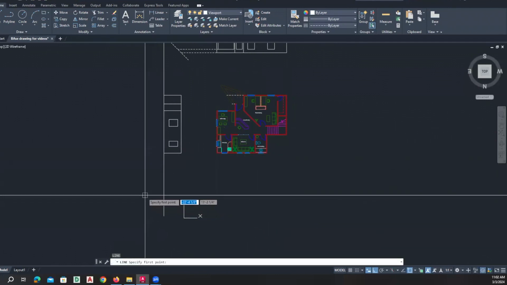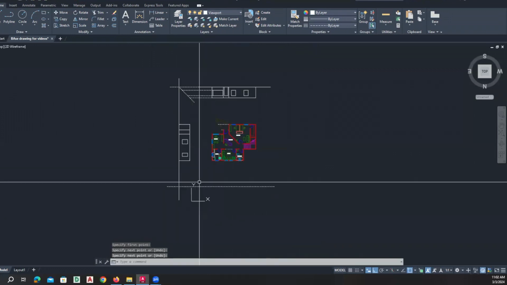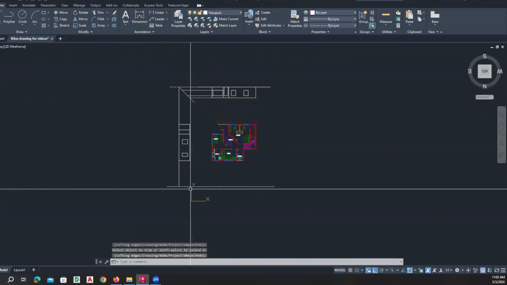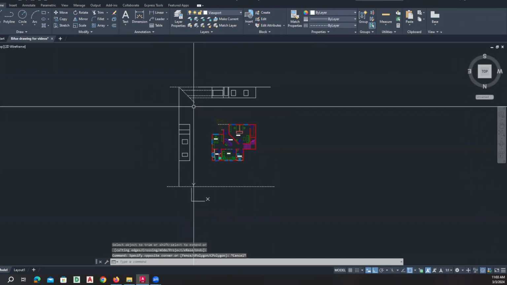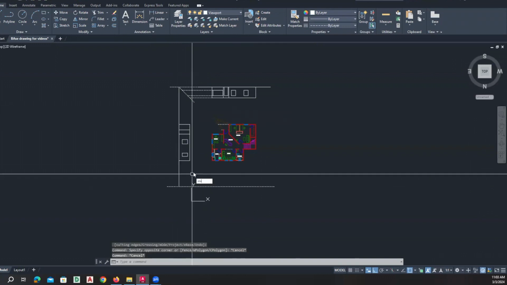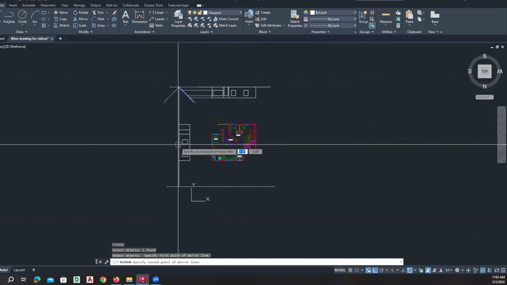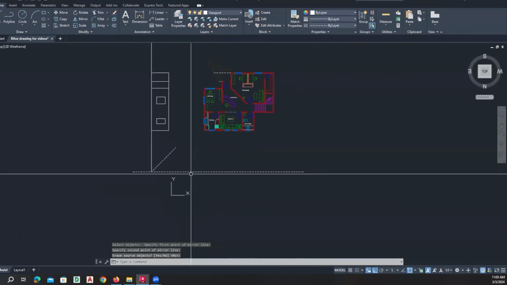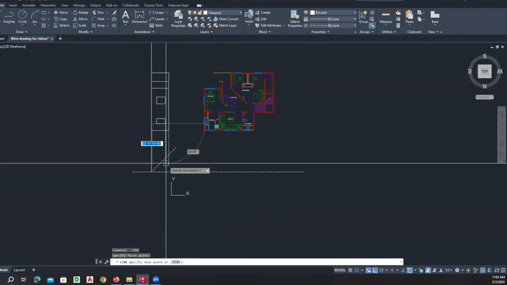Now, again, draw my ground line, right? I could trim this, okay? And then I'm going to draw the same thing, the 45-degree line. In this case, because I've drawn it once, yes, you can draw from this, but I'm going to mirror this from the midpoint here to there, and it plops it right where it needs to be. Again, same idea. Project this line to the 45, project this line,